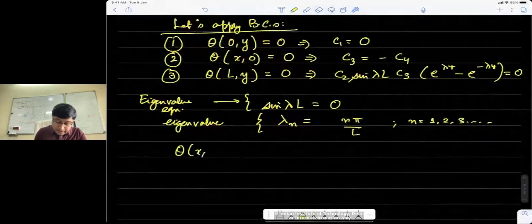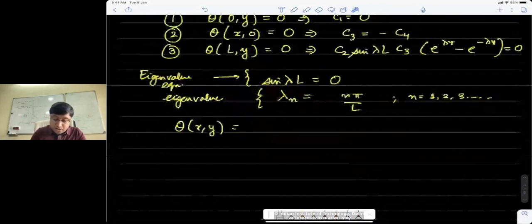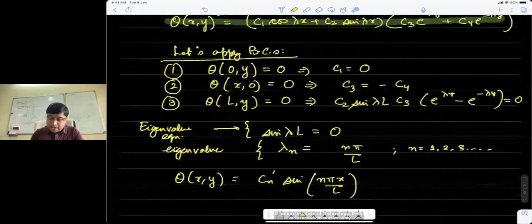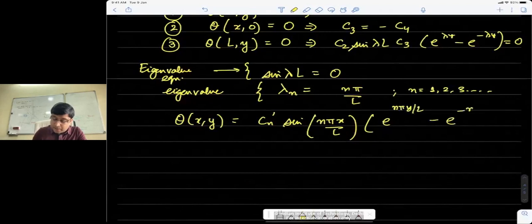I'll write theta x comma y to be, noticing that C3 and C4 were equal and opposite of each other in terms of sign. So C3 was minus C4 and C1 is already 0. I can combine C2 and C3 into one coefficient. So I will write this as some Cn prime sine n pi x by L. Remember, there was a sine lambda x, and lambda is just n pi by L, into e to the power n pi y by L minus e to the power minus n pi y by L,